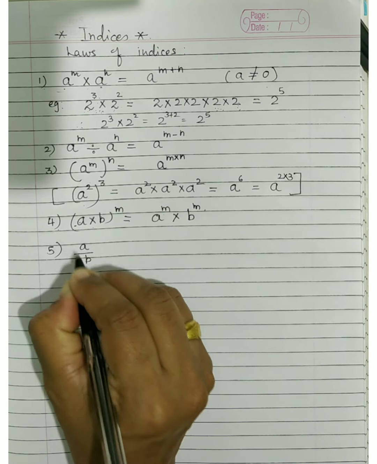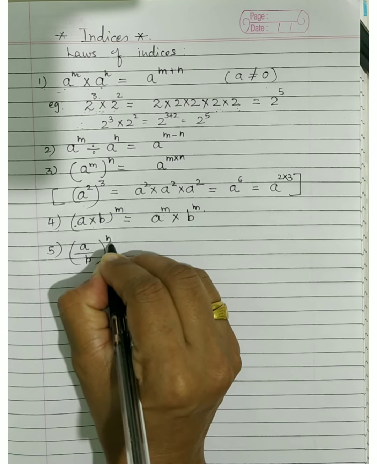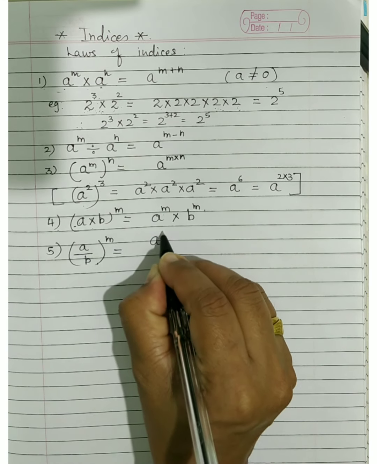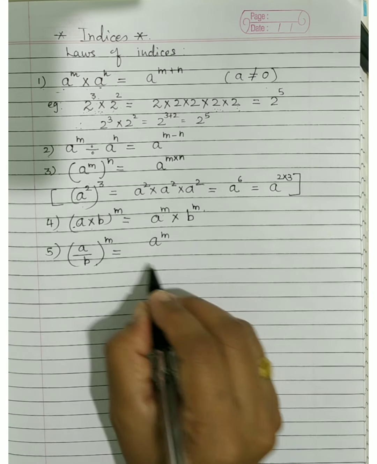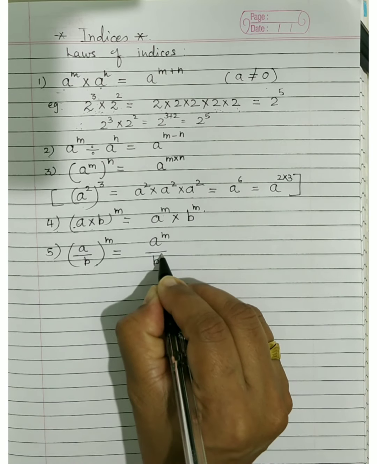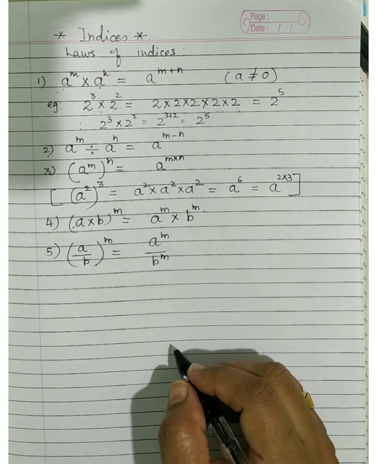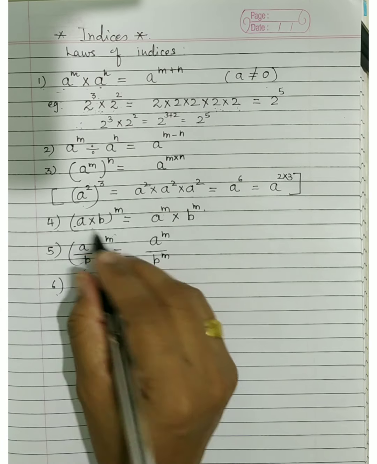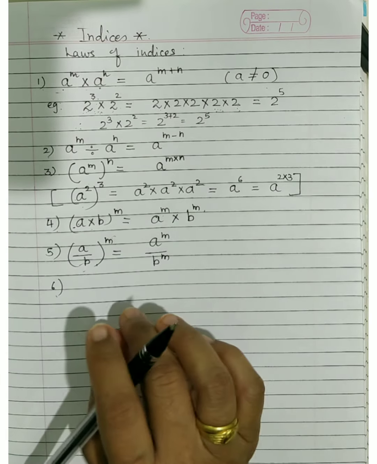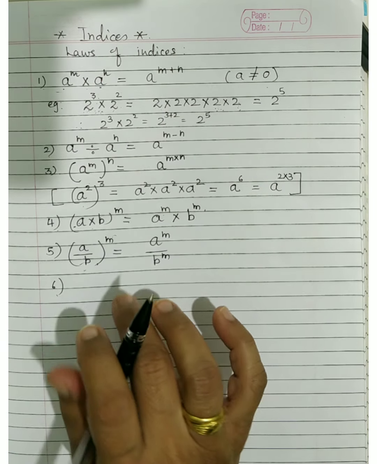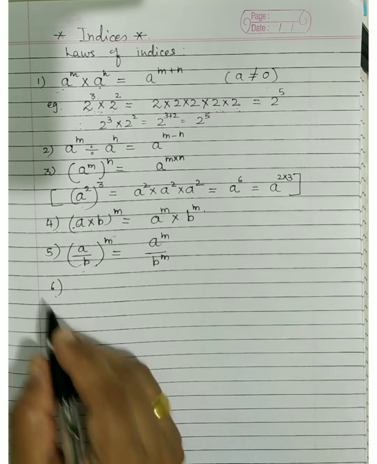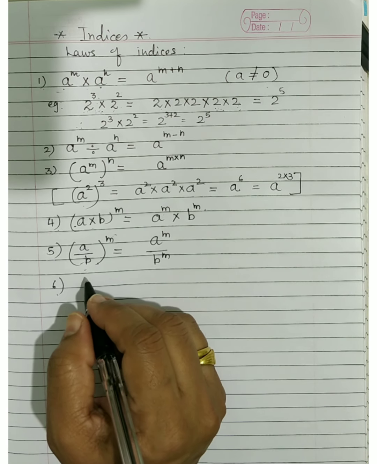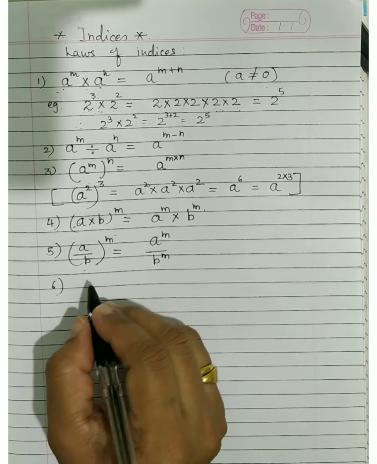If you have a fraction, say a upon b raised to m, how will you calculate? a should also be raised to m and b should also be raised to m, and then you work it out. Again, a kind of opening the bracket, so the same rule will be applicable to whatever quantities are there with respect to the operation. And one more simple rule we need to apply when we are solving questions.